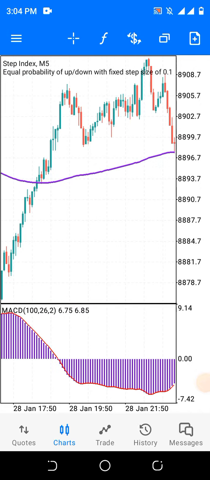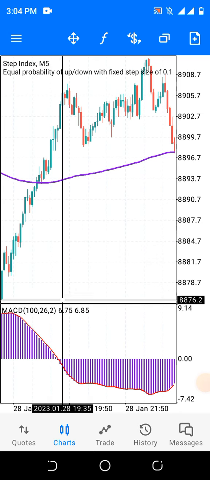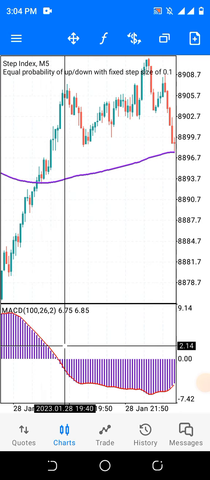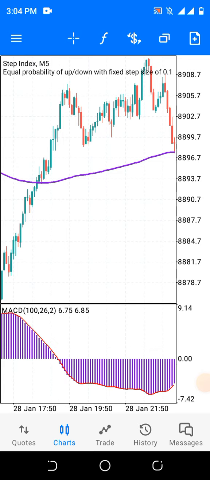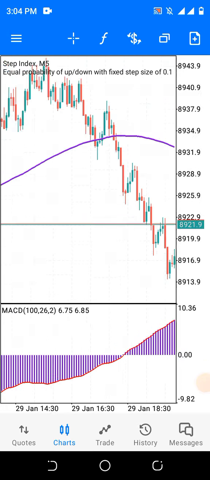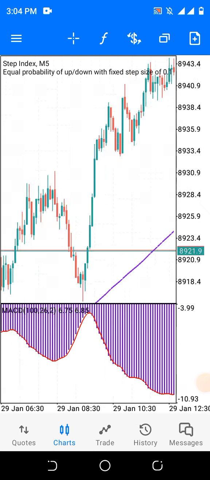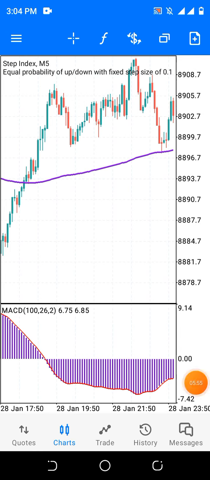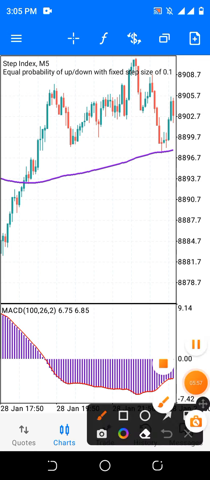Now let's start from here. From the side of the MACD indicator, you see this crossing here. You see this crossing here. So when you see MACD, look at this. You see a crossing here. Here is another crossing. So this is how to make use of this indicator, with moving average.